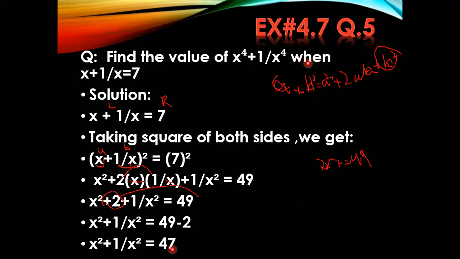Should we stop here? My question is, is it my answer? Please tell me, everyone, is it my answer? Should I write it down that this is my answer? Everyone, please reply. Very good. Because the required thing here is x^4. What is required? x^4 is required. Obviously, we are not going to stop here because the required thing is x^4. So what will we do here? Can anyone tell me what we will do here?